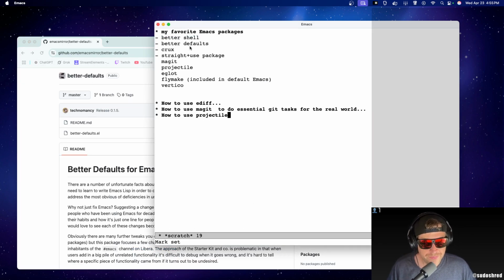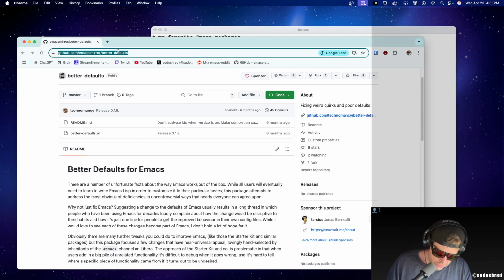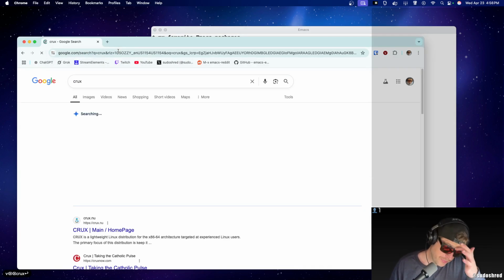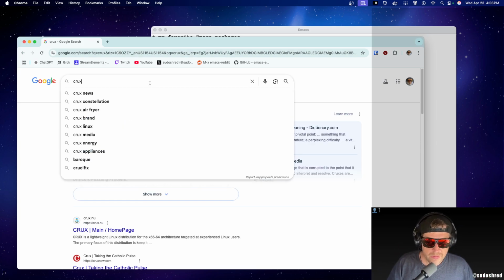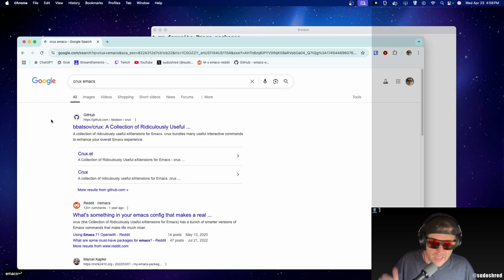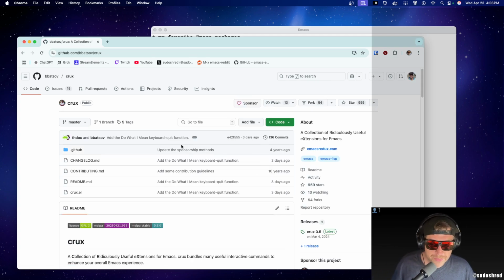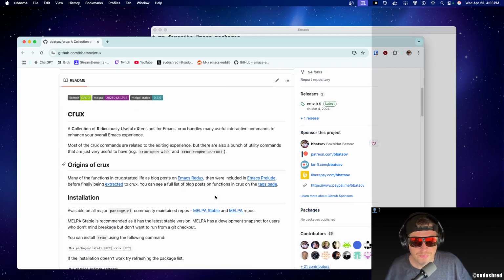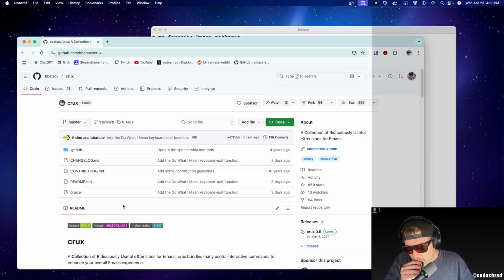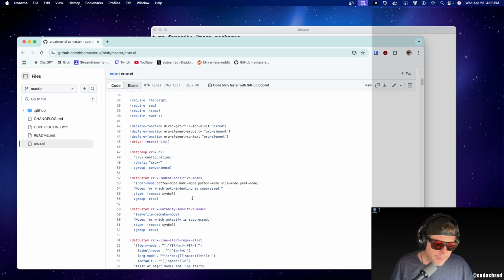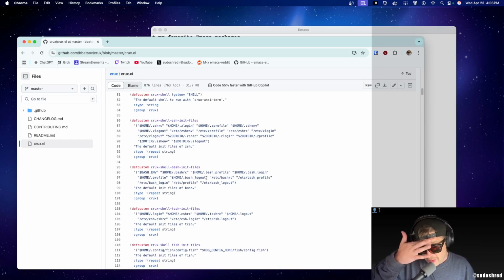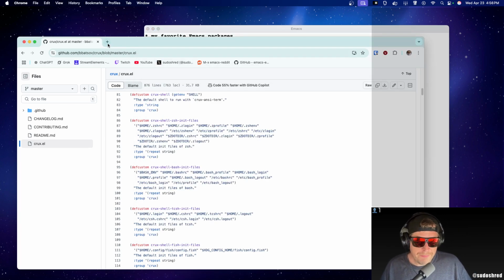Next one, Crux. So Crux is awesome. When you install Crux, it's another simple, not the Latin word. So Emacs Crux. Again, it's a very simple package, and Crux basically gives you a bunch of little helpers, and you can bind them to keys. And the ones I use without thinking about,